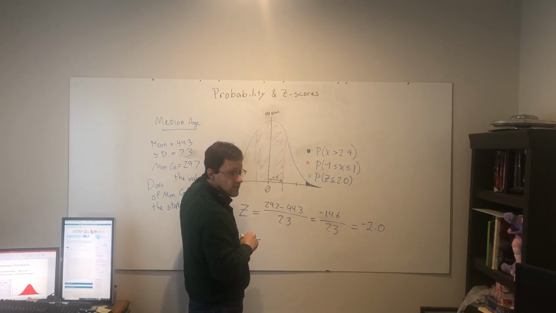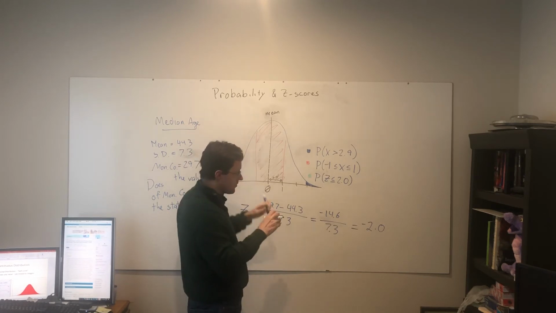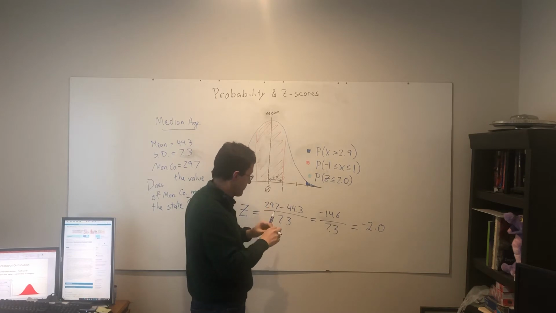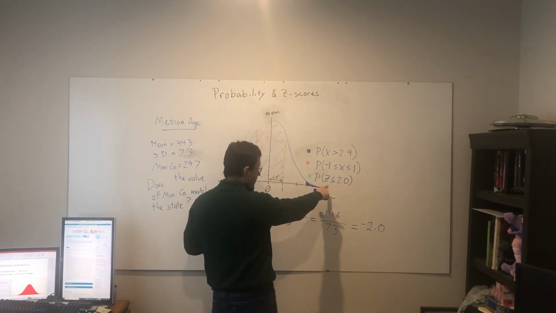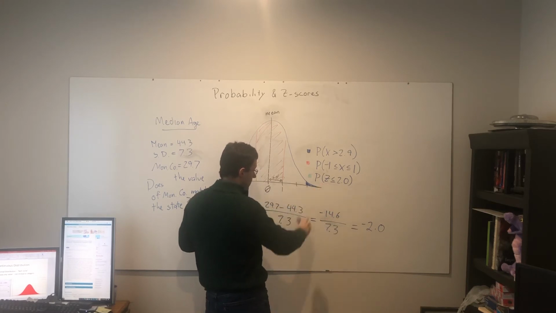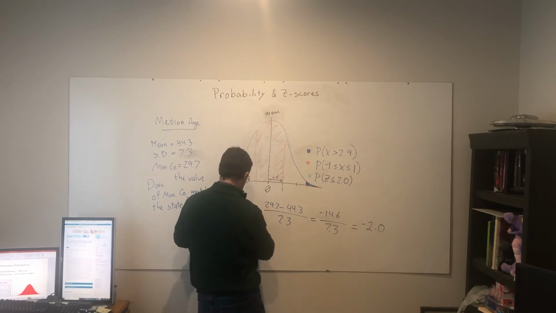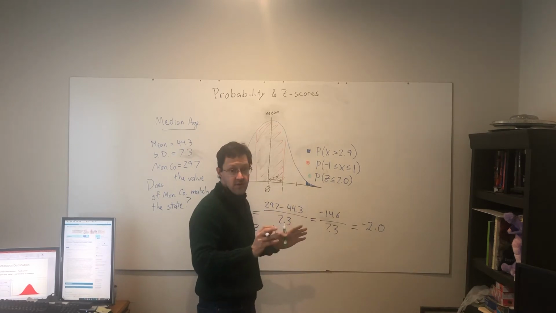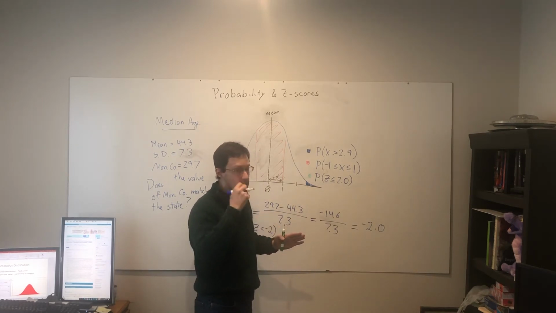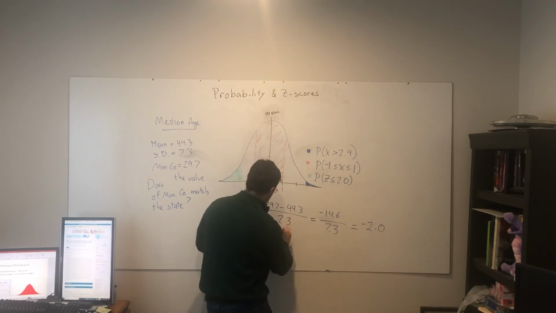A z-score of -2, a probability of something strictly being less than that will be, again, I don't have the numbers exactly memorized off the top of my head, so I'll put approximately